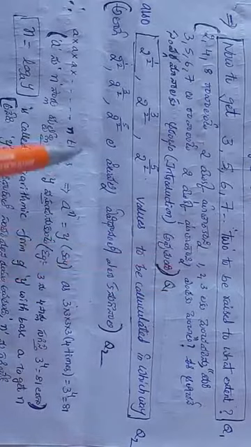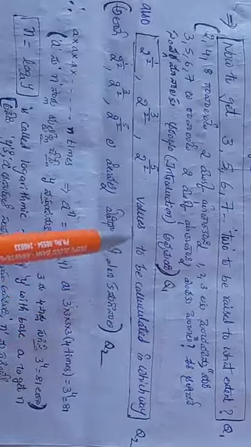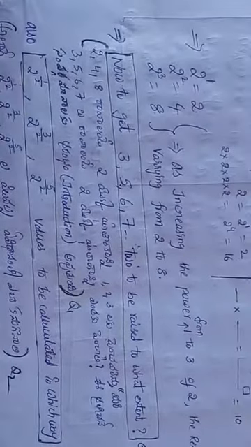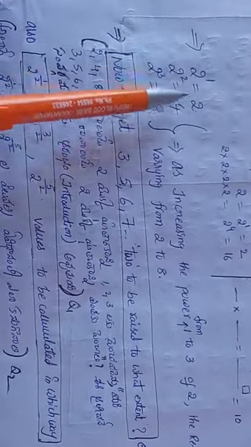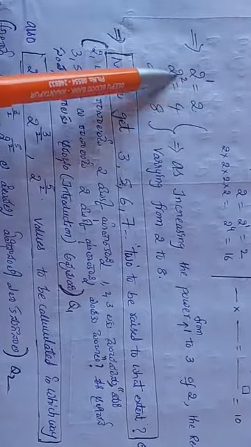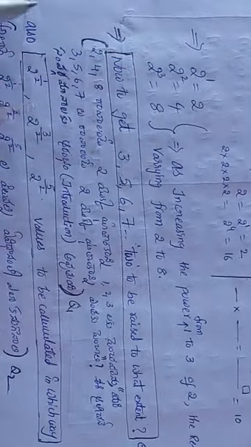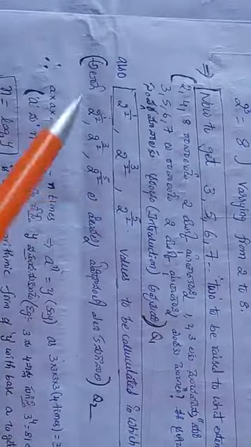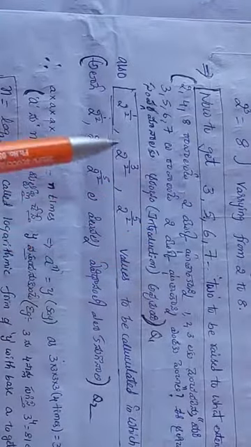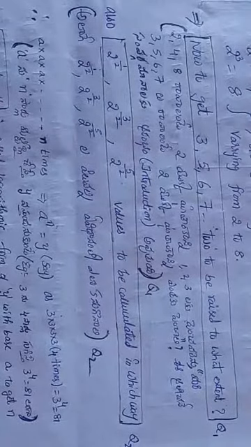And how will we write those values? So again I am telling you, 2 to the power of 1 is 2, 2 squared is 4, 2 cubed is 8. What about 2 to the power of half, 2 to the power of 1.5, 2 to the power of 2.5, and to get results like 3, 5, 6, 7, 2 has to be raised to which extent? This is what we have to ask ourselves.